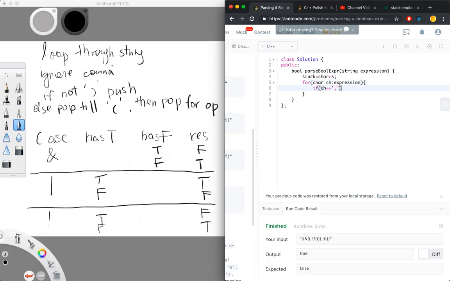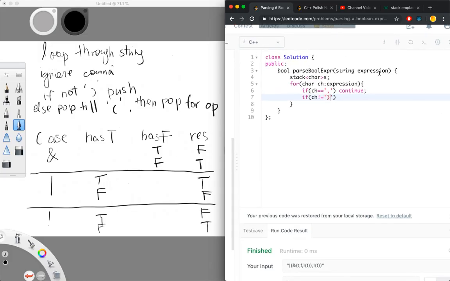We can ignore comma because it doesn't add any value. If it is not back parentheses, you push